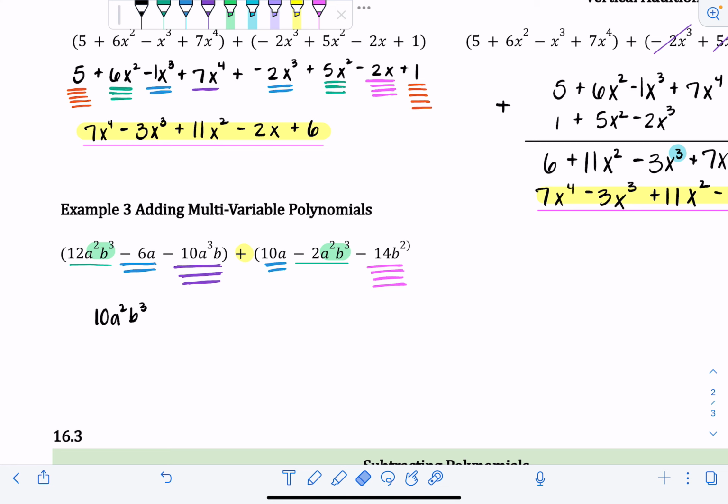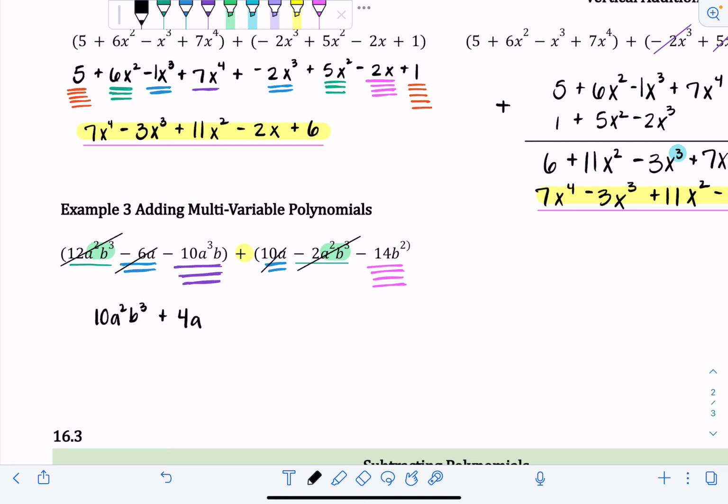If you want, you can just go ahead and cross them off so you don't have to worry about copying them down again or mixing them up with anything. I'm going to go on to the blues. So I have a negative 6a and a 10a. So I would add negative 6 plus 10, that's positive 4, so plus 4a, and then that's it. The a part stays the same, so that part's done. I'm going to go ahead and cross off the blues,